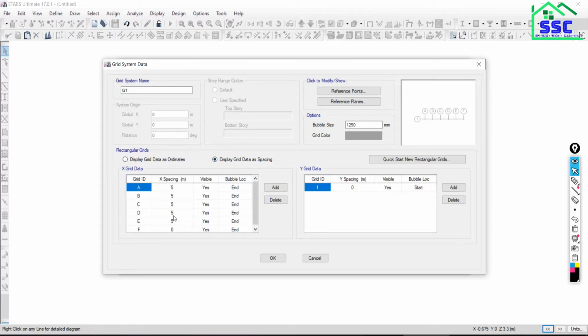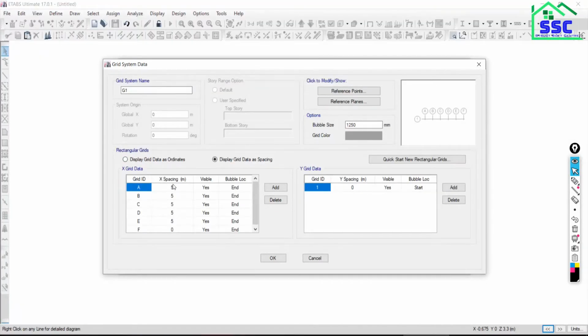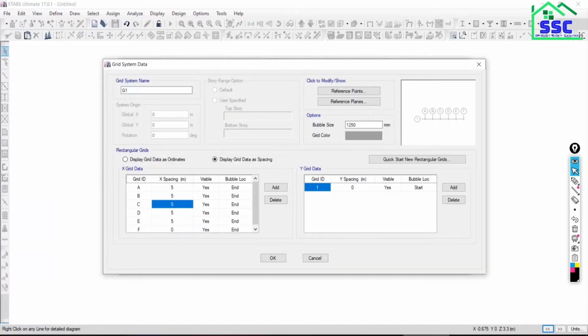Let it be all 5 except at D it should be 6. 5, 5, 5, then last 6. Then okay, let's check. 1 grid, 2, 3, 4, 5. 5 grids should be there.